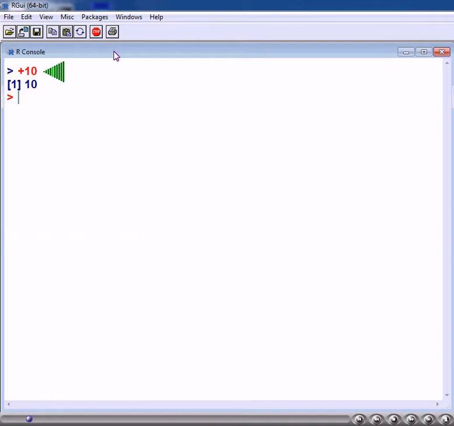We have in our language unary plus and unary minus. They are as good as in mathematics. That is, in mathematics, plus 10 means 10 only, and minus 10 is minus 10. Like this, the unary operators available in mathematics, plus and minus, are equally meaningful in the R language also.